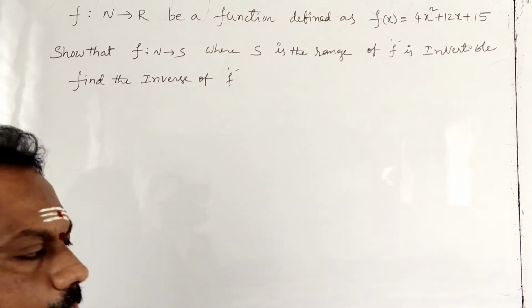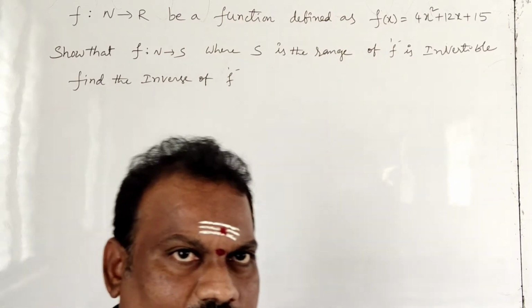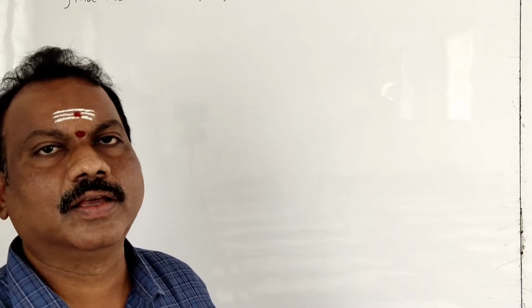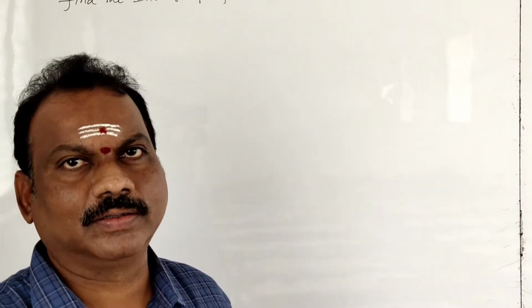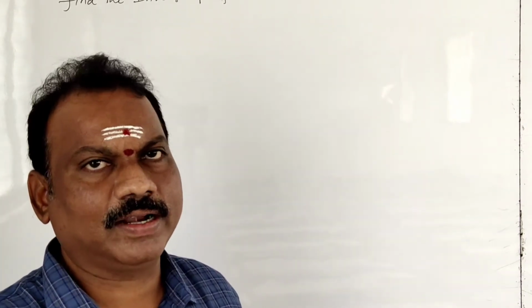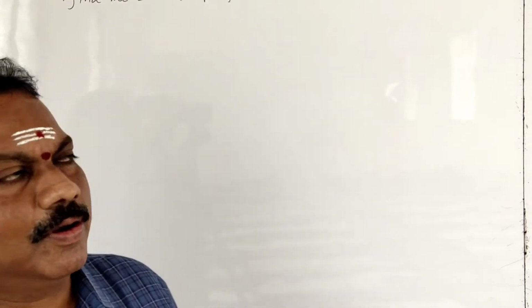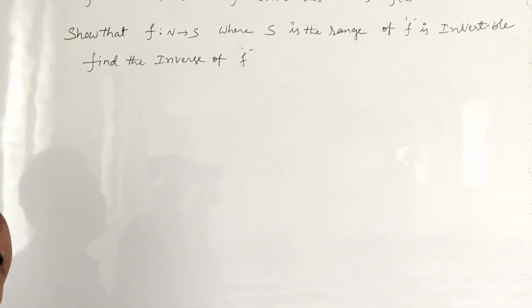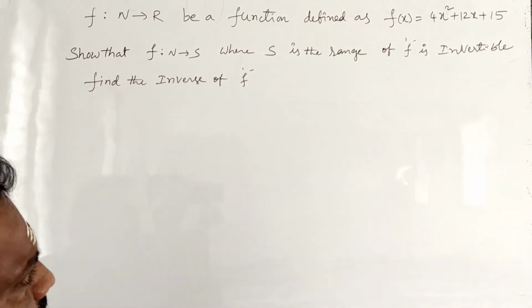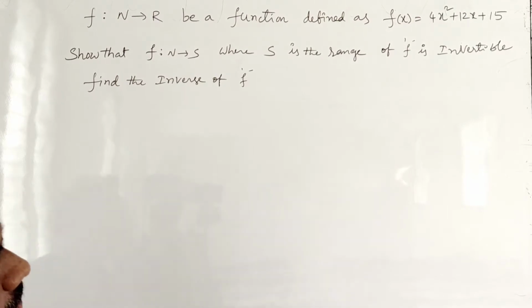Right, students. The next question also, one more question I will explain based on invertible, because it's very important. It is given in the board examination, compulsory on 5 marks question. So the little bit different model, 20% different. See, observe that problem. So f is mapping from N to R, a function defined as f of x